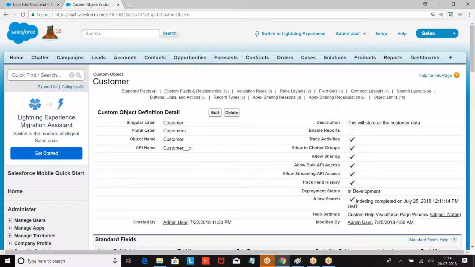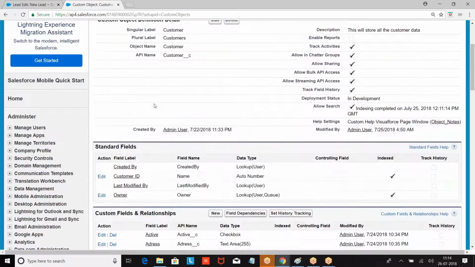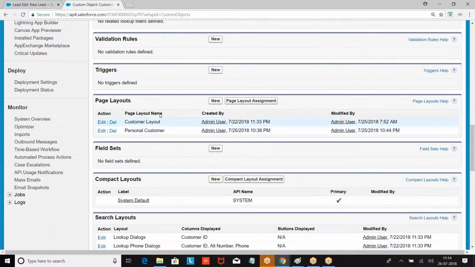When you create a field using the schema builder, fields are not getting displayed on the UI. That is the reason I am creating a page layout, organizing the fields and showing it. Right. This is how I created a page layout. Now, this page layout should be visible to whom? You are finding it. Page layout.